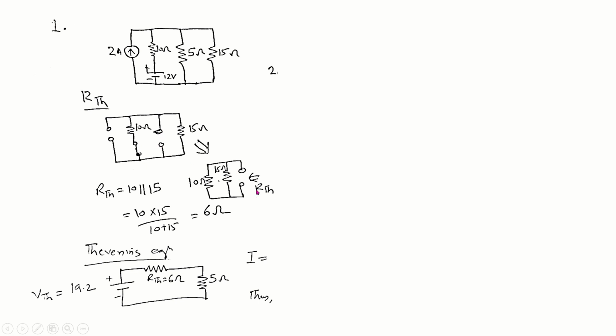which will be RTH. This can be obtained because this terminal, which is open now, is useless and can be removed. So what we are left with is 10 ohm in parallel with 15 ohm resistance. The parallel combination of these two resistances gives us 6 ohm as RTH. And the next step is to find the